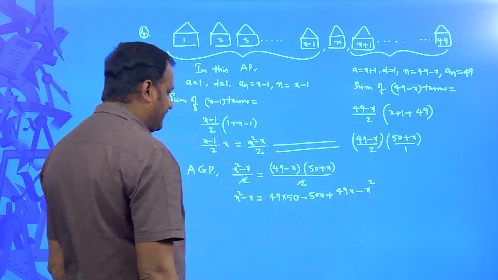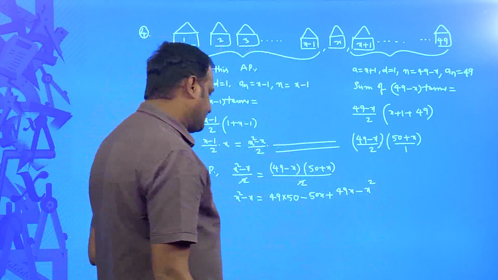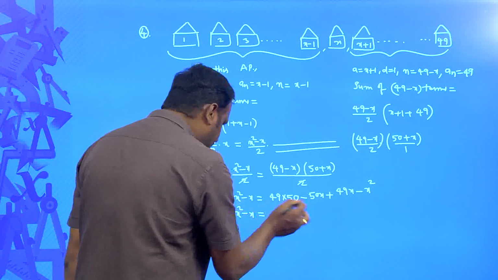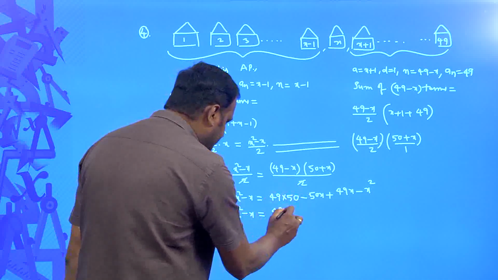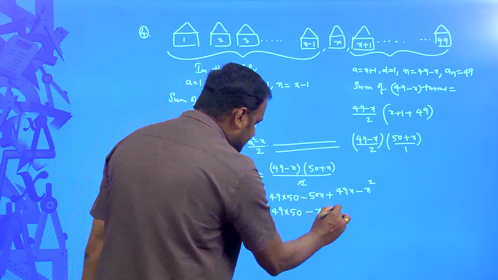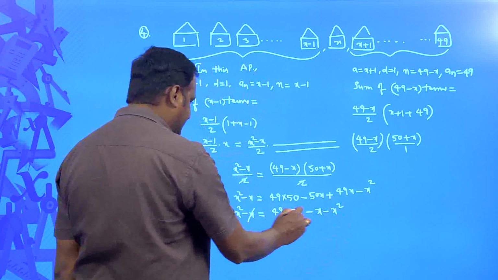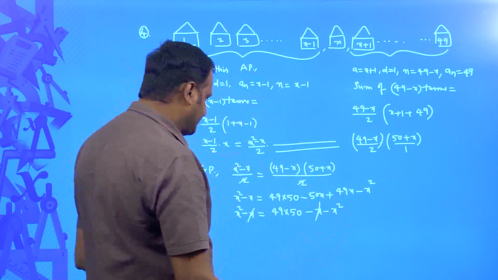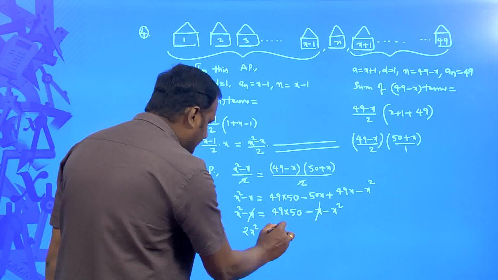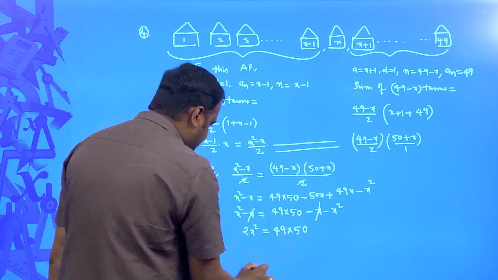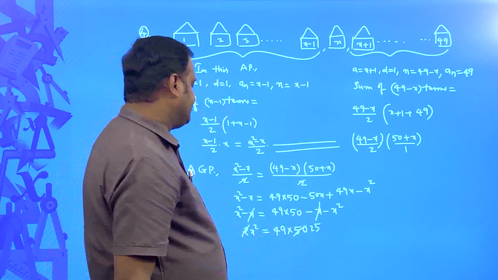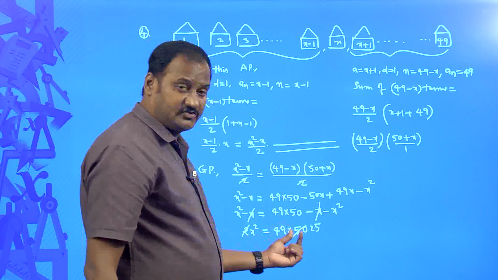When you observe here, x square minus x, I am transposing all these terms this side. x square minus x is equal to 49 into 50 minus 50 plus 49 is equal to minus x square. So, here minus x and minus x get cancelled. When you transpose x square this side, it would be x square plus x square is 2x square is equal to 49 times 50, correct. So, can we cancel these 2 ones and 2 25s are 50. See, the term left in RHS is 49 into 25.